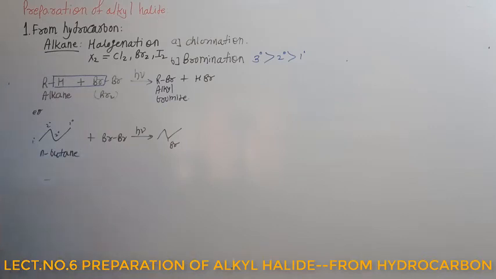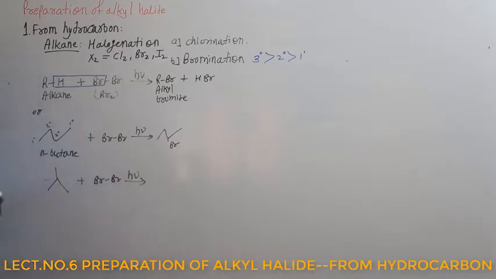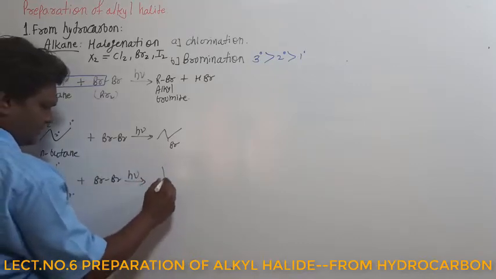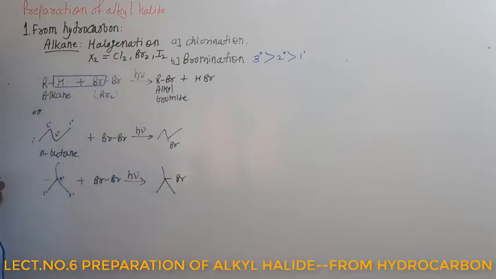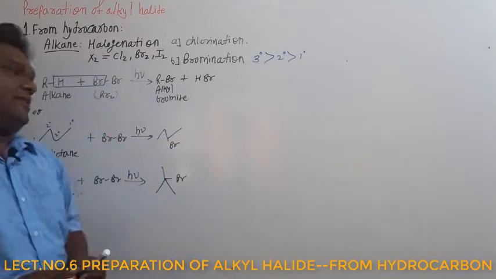Now the same example with a bit of change. Suppose this compound is there, and you react it with bromine, again in the presence of h nu. Now you have to find out first which type each carbon atom is. This is a primary carbon atom. This is a primary carbon atom. This is also a primary carbon atom. And this is called a tertiary carbon atom. So the hydrogen atom of this tertiary carbon atom is going to be replaced, not the primary one. So we are going to get this. The tertiary carbon is preferred over secondary and primary in the case of bromination.